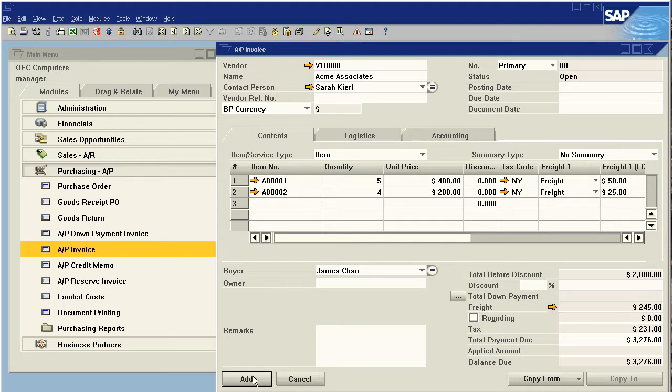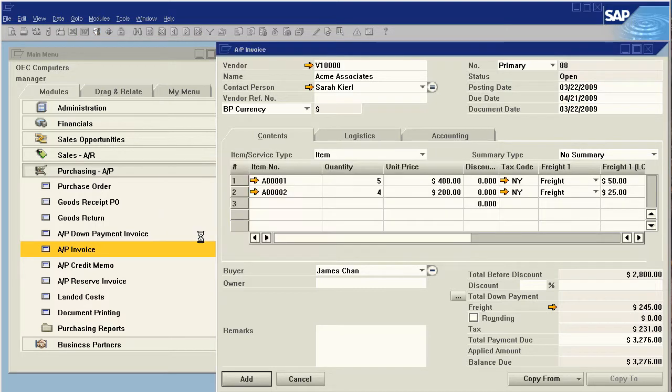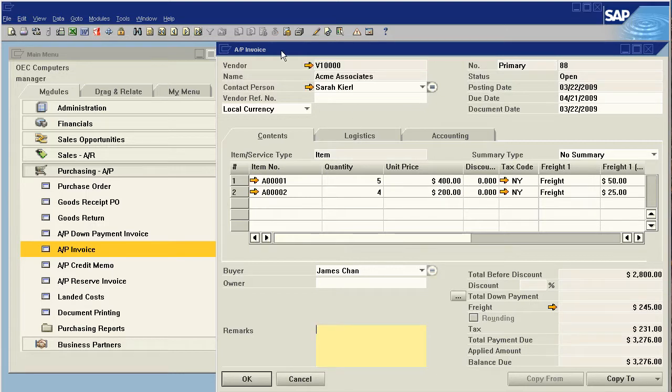And I'm going to say, looks good. And I'm going to add this document. Oh, and I forgot my posting date. We're just going to post it as of today. It informs me, of course, this is an invoice. Invoices are permanent documents. Am I sure I want to add? Say yes. Go back to my most recent invoice,